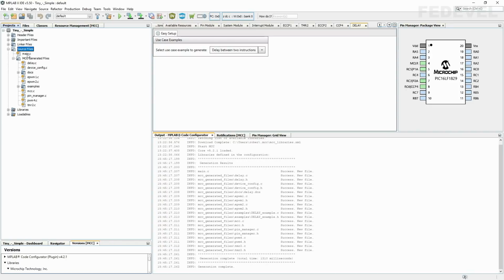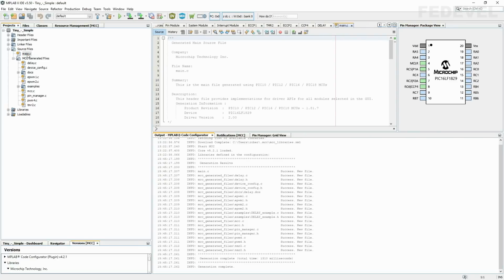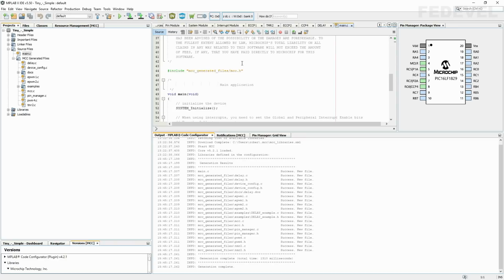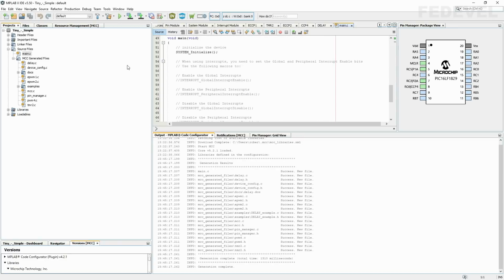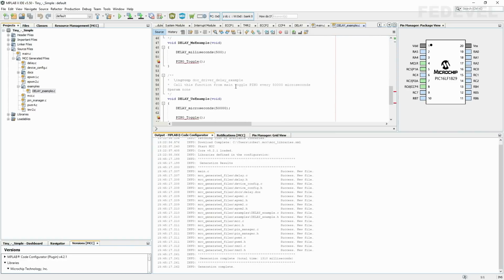The main.c, double click here. This main.c file is the file where we are going to write our software. And these files are the files which are going to set up the registers for the peripherals we are using. These are the files which are going to help us to use these peripherals. There are some simple functions which we can use. And also here is the example of the delay feature. Here is the example which will explain how you can use it if you would like to.